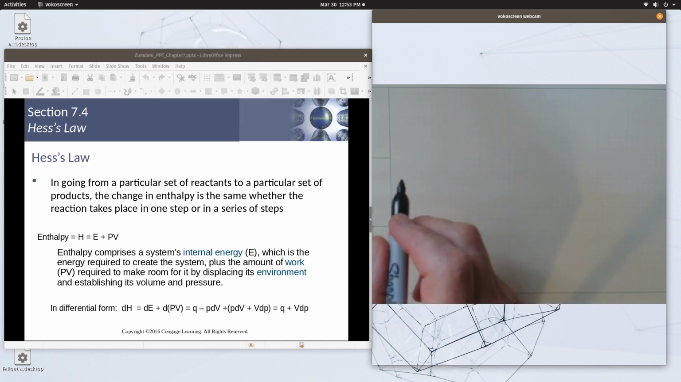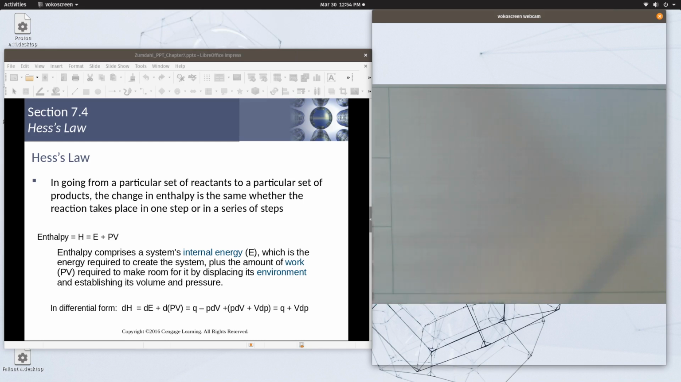Today's lecture is about Hess's law. It's one of the more practical applications of thermodynamics for understanding chemical reactivity and chemical reactions. The basis of Hess's law is simply the fact that the enthalpy, or rather any thermodynamic state function, is a